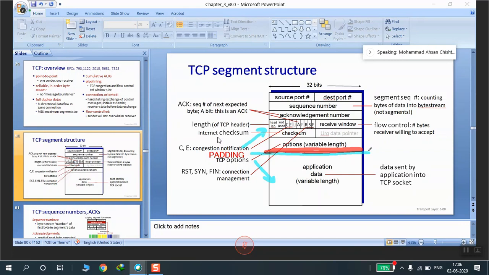It's a 32-bit boundary, and its value is all zeros. The receiver would understand from this padding that these 32 bits indicate the end of the header part, and whatever it receives after it is the actual data it is supposed to receive.